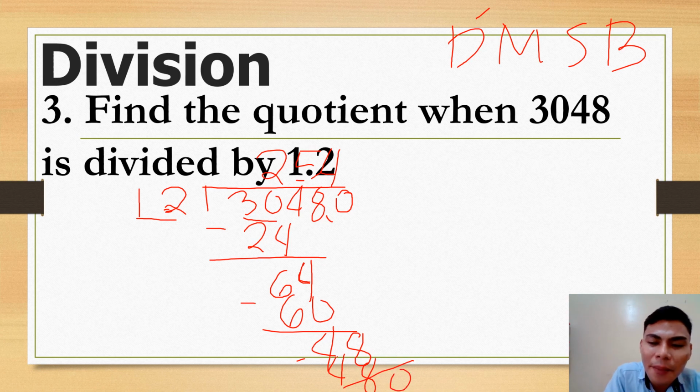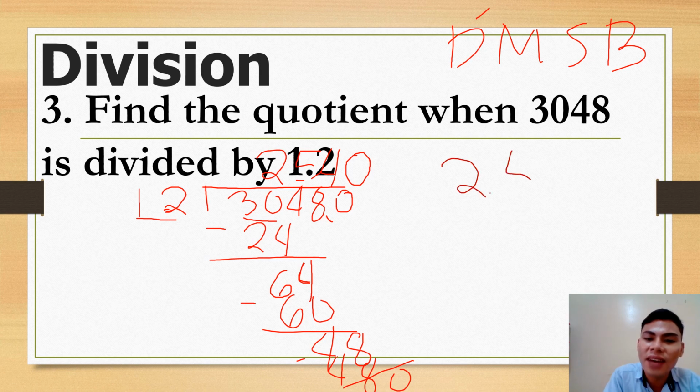Maibibring down pa ba? Meron pa si 0. Pero if that's the case, si 0 na lang ang last, pwede mo na ilagay here as your final answer sa quotient mo. If si 0 na lang ha, if 0 na lang ang remaining, pero kung may katabi pa siya like 7, hindi pa ganyan. So if si 0 na lang, pwede nang ganyan. And that's it. Your quotient is